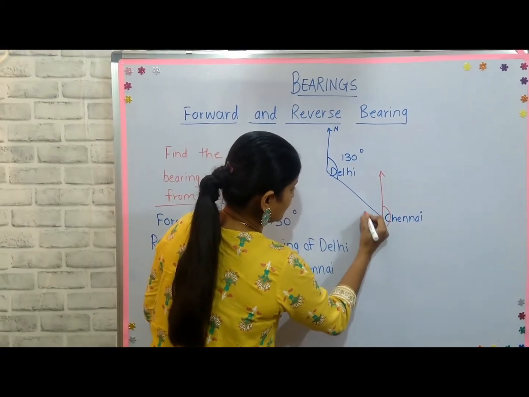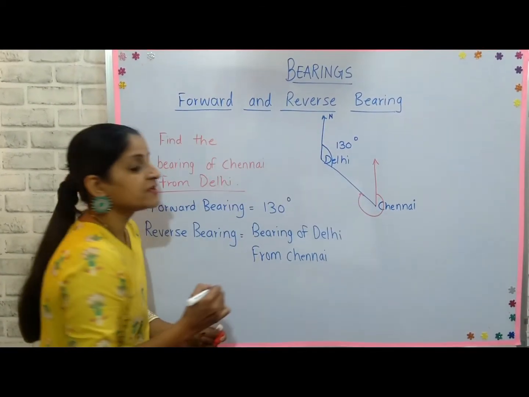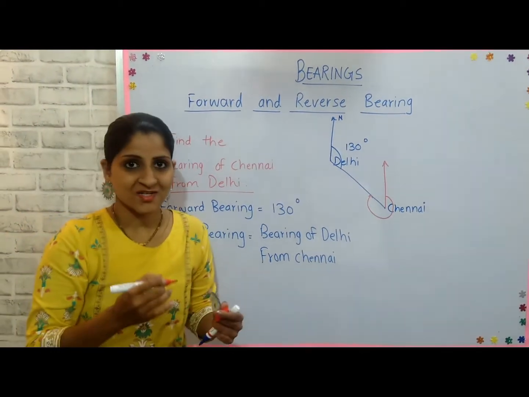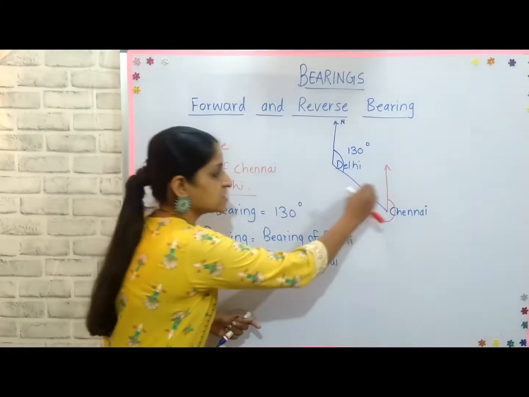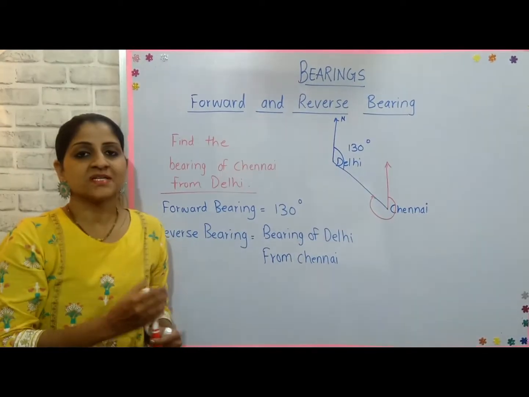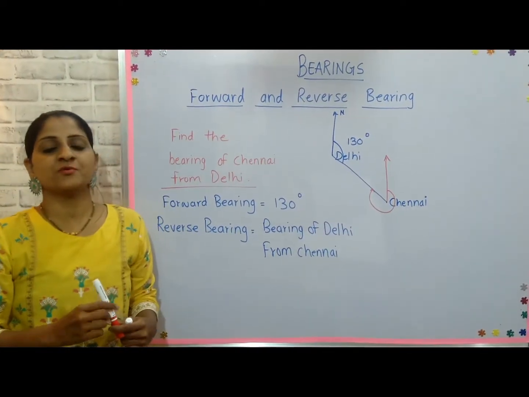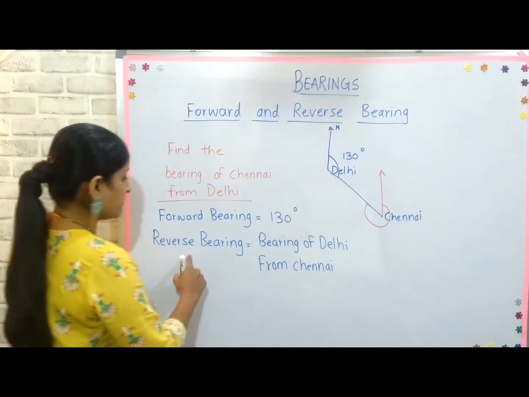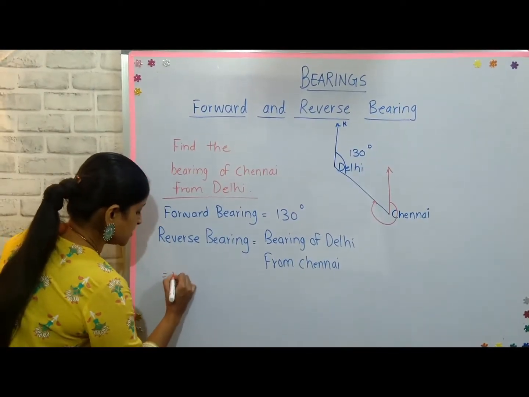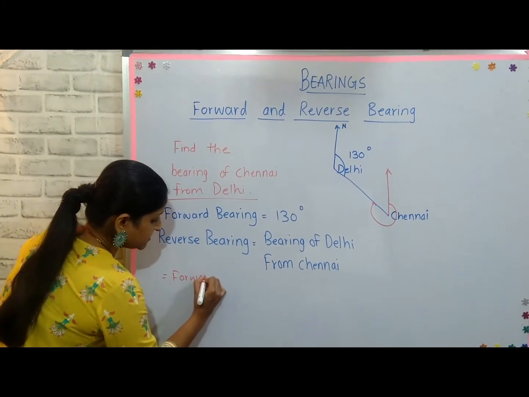That means we will have to measure this particular reflex angle, because bearings always have to be measured in a clockwise direction. But instead of measuring this angle, there is a simple formula that can help you find the reverse bearing. That formula is: reverse bearing is always equal to forward bearing